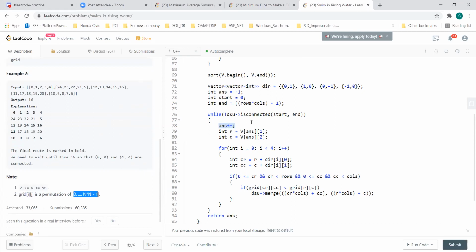Whenever your answer reaches a value, while reaching it, you have to find a path, and therefore you always keep looking for this path. But in our case, if you are able to cross 16, we don't have to cross the values 17, 18, 19, 20, because we are able to find a path like this, correct? So if you reach 16, in that case your DSU will be connected, so your start and end will meet some way or the other.